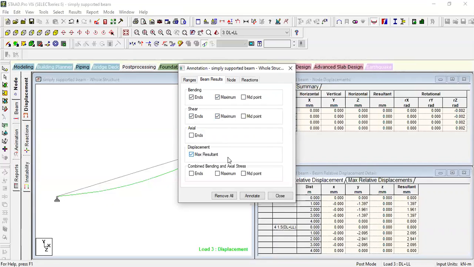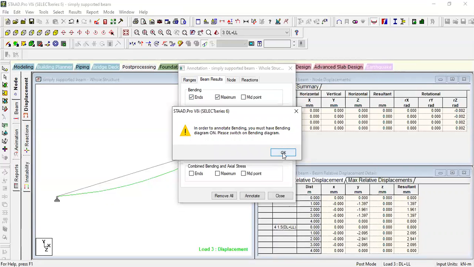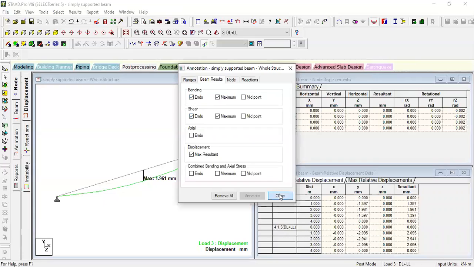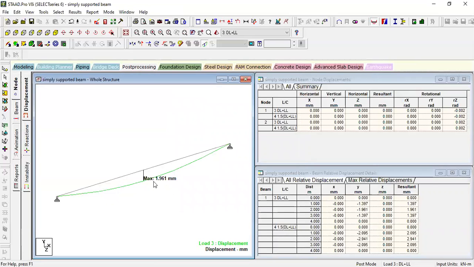Deflection as maximum resultant. Go to annotate. It will ask, click on OK. Now you can see the maximum deflection is 1.961 mm. This is the button for viewing the deflection.